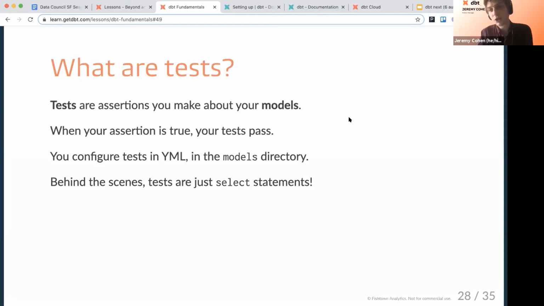Tests are assertions that we make that we can define either as arbitrary one-off SQL or more frequently as YAML configurations that then compile to functional SQL which runs against our models. When the assertion is true, the test passes, and it's just a select statement, same as models.